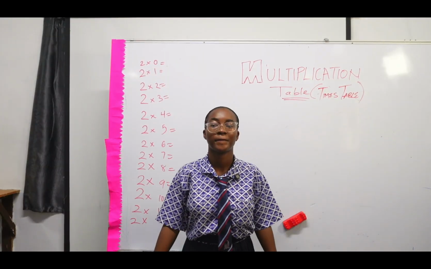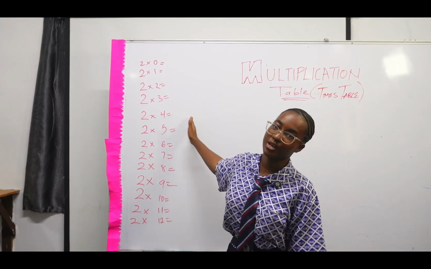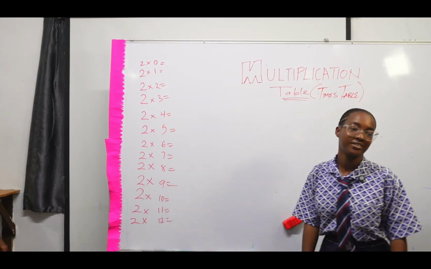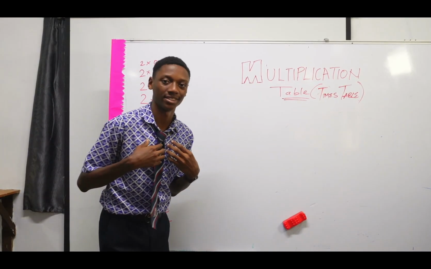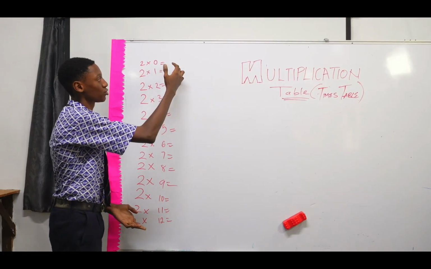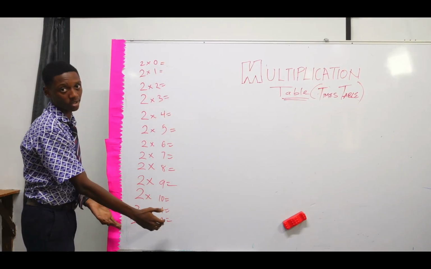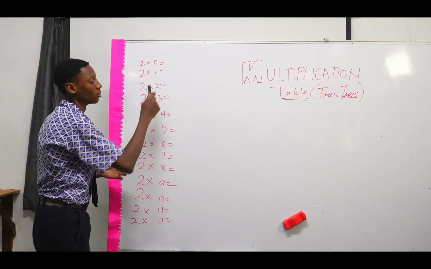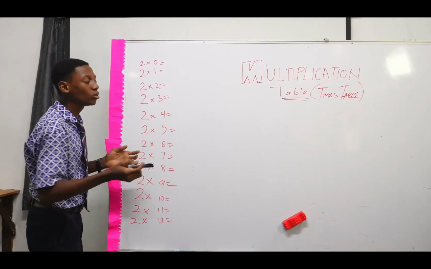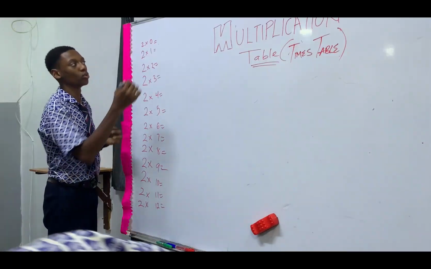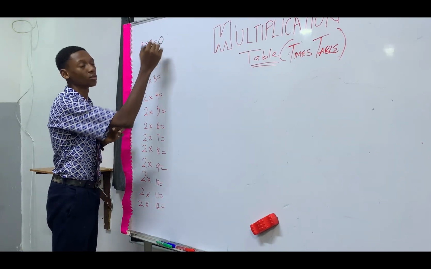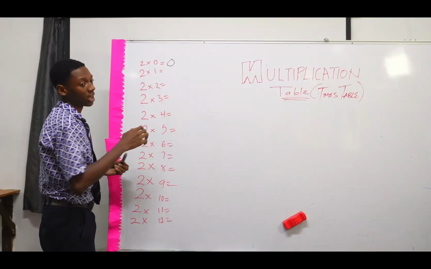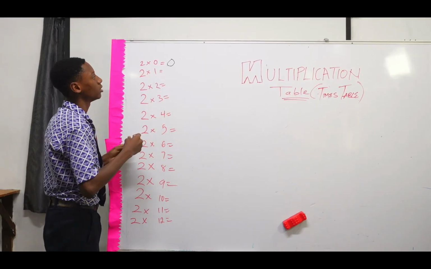So now we are moving on to the two times table, and I would like to introduce my friend Eric to teach us on the two times table. Hi, I'm Eric, and as Moyo said, I'm here to teach you tricks to learning the two times table. As Moyo said before, when she explained the zero times table, we should all know that two times zero equals zero. Yes, that's correct. And two times one, as she said when she explained the one times table, is